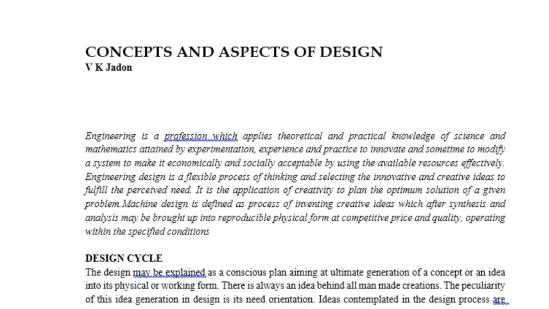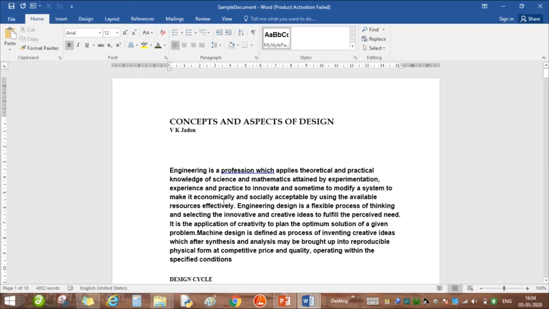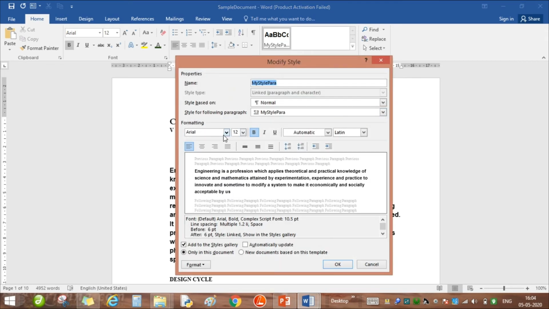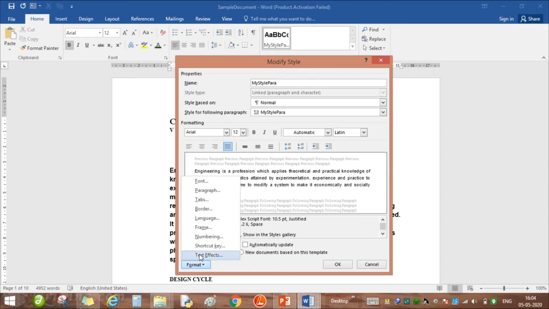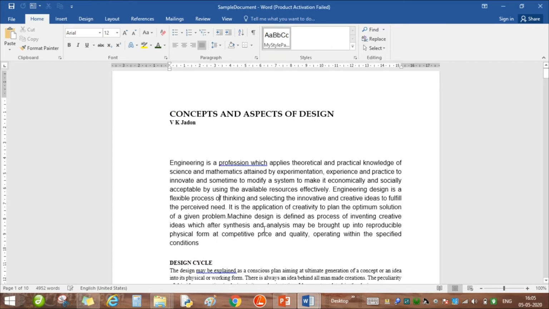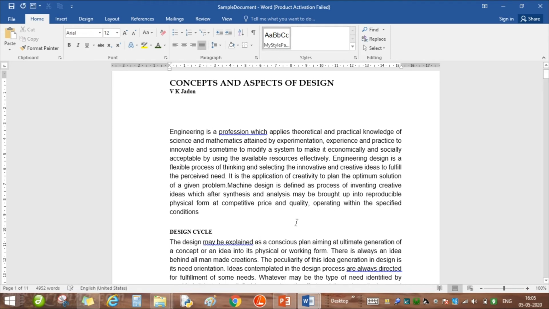If I click here and apply this, I get this type of font that we have selected for this paragraph. If I want to change, let me change this. Bold I can remove, I can have a justified paragraph, and other things. So that's all. We can now click it and make it this paragraph like this. So whenever I want to change this paragraph, I can change it like this.